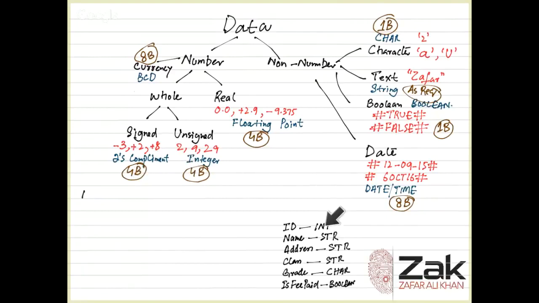So if it is integer, 4 bytes; a string name, let's say we take 15 bytes for a string; then address we take 30 bytes for string. In class, as it is required, 2 bytes, maybe grade 1 character, boolean 1 character, we would have to add it up. We will be looking into it shortly. So